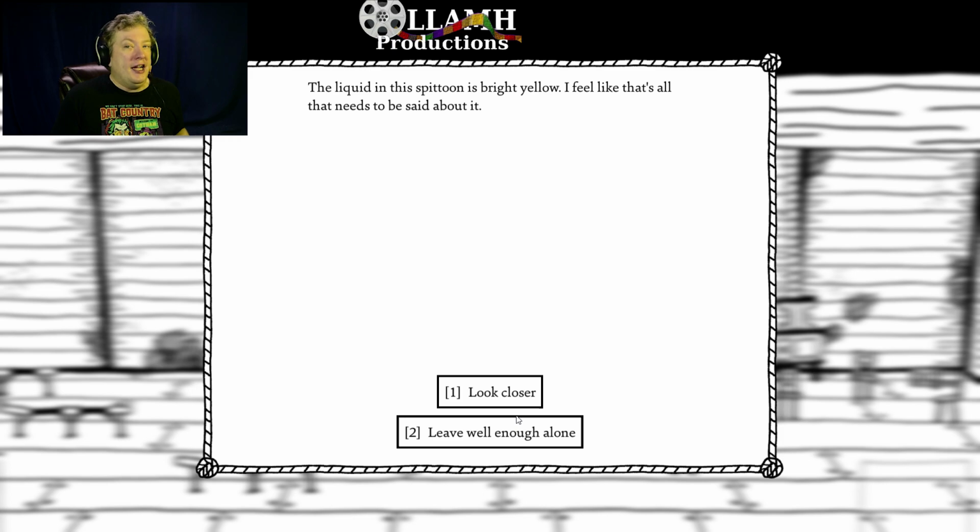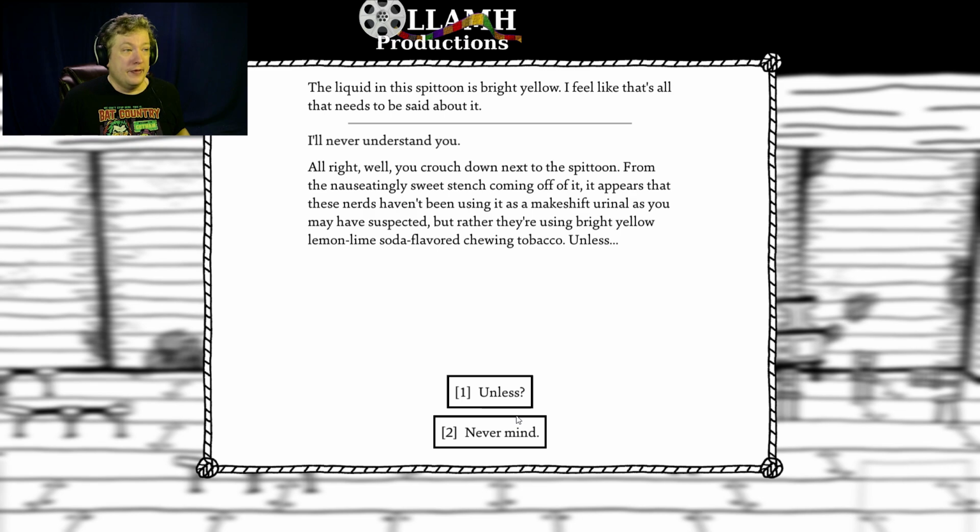Spittoon. The liquid in the spittoon is bright yellow. I feel like that's all that needs to be said about it. After all we've been through, look closer. I'll never understand you. All right, well, you crouch down next to the spittoon. From the nauseatingly sweet stench coming off of it, it appears that the nerds haven't been using it as a makeshift urinal, as you may have suspected, but rather they are using bright yellow lemon lime soda flavored chewing tobacco, unless